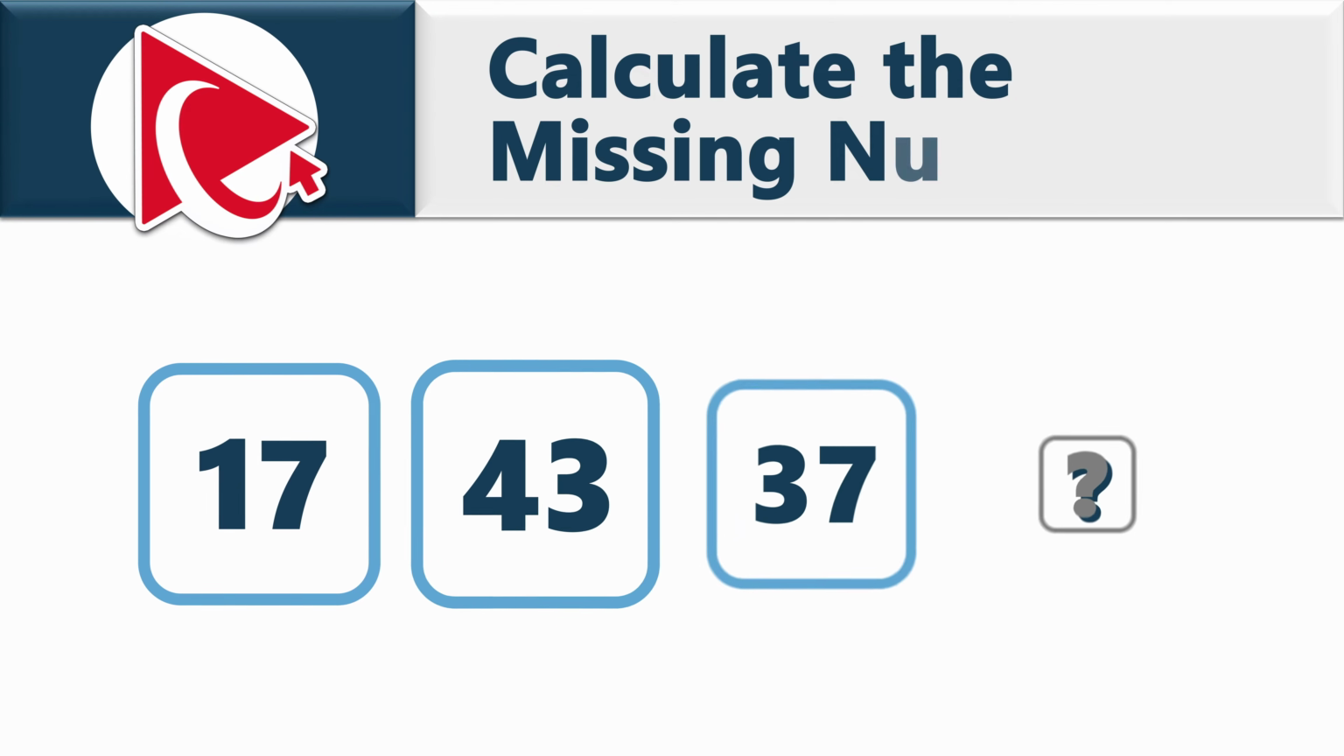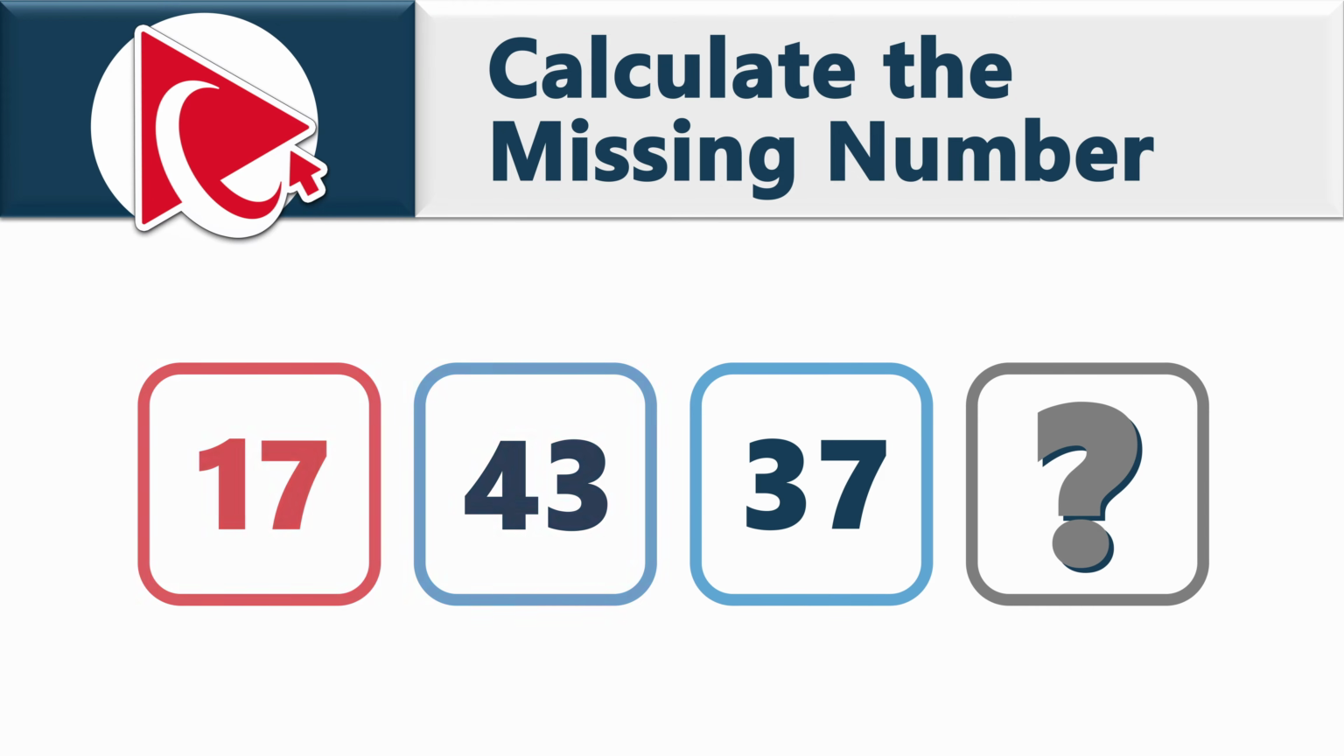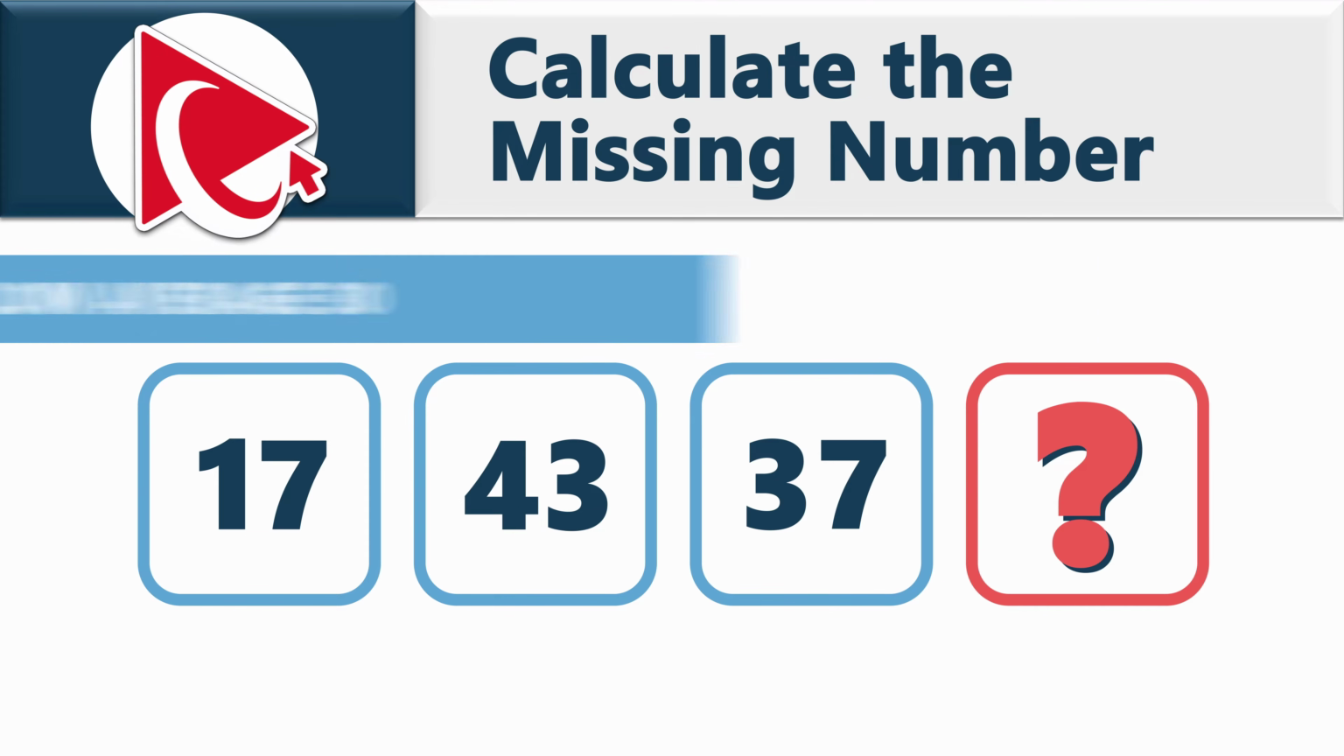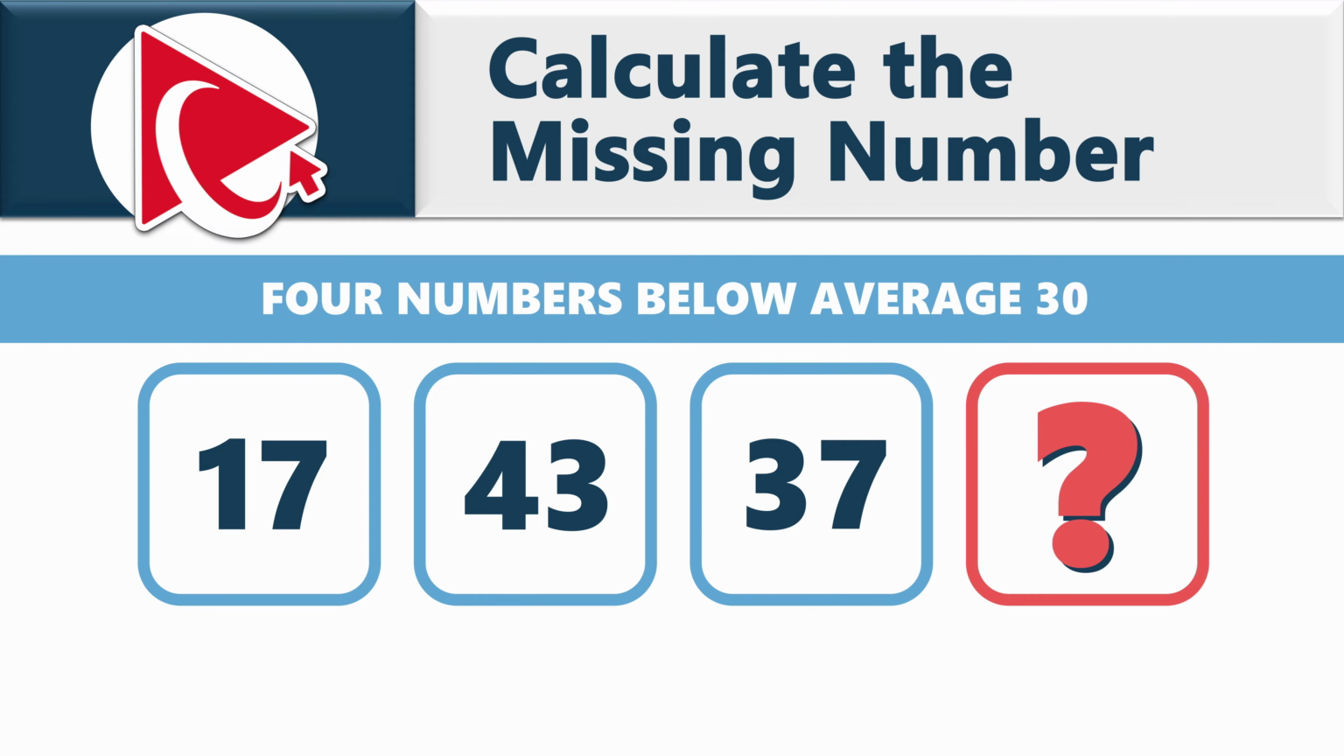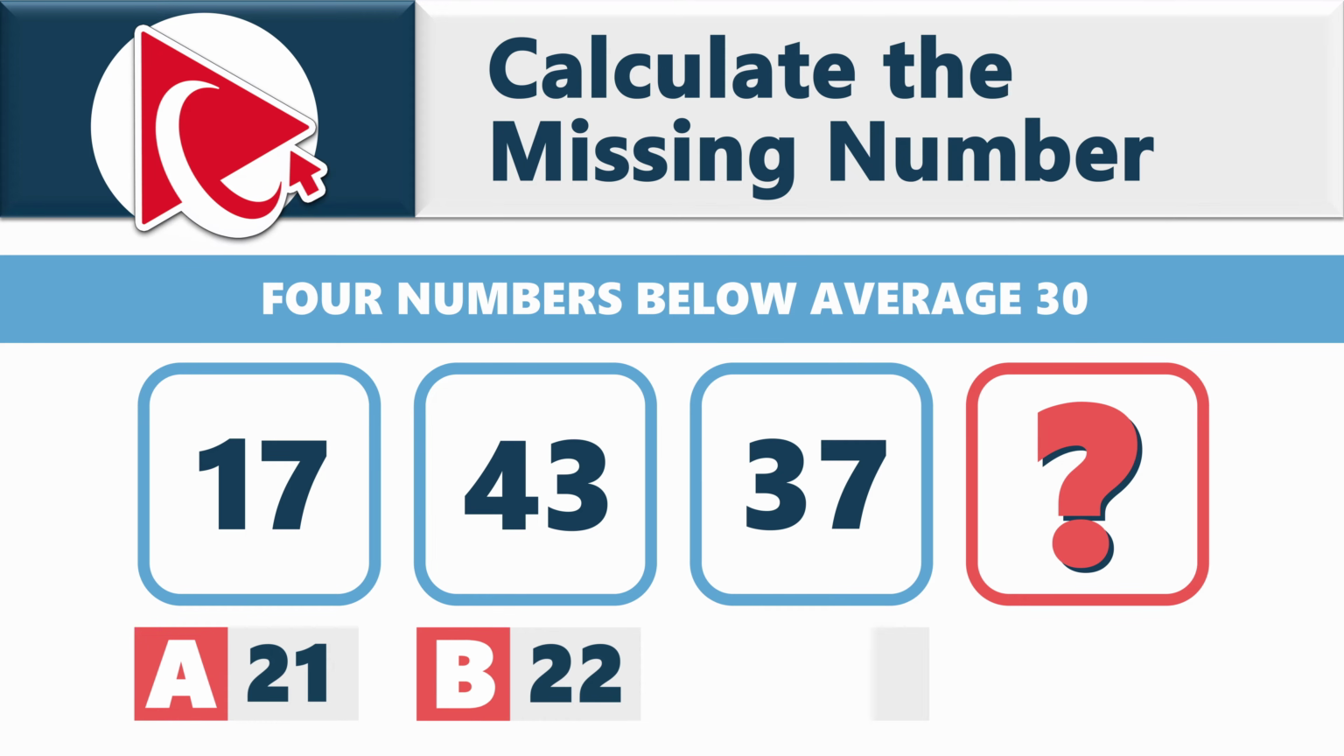You're presented with 4 numbers, 17, 43, 37, and then comes the missing number you need to calculate, knowing that all 4 numbers average 30. Your choices for the answers are choice A, 21, choice B, 22, choice C, 23, and last but not least,